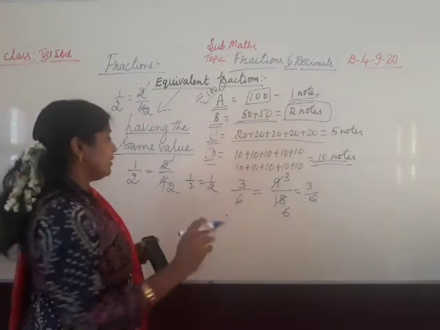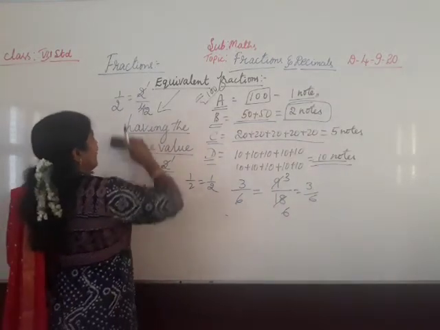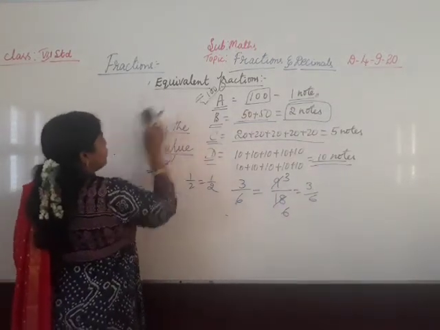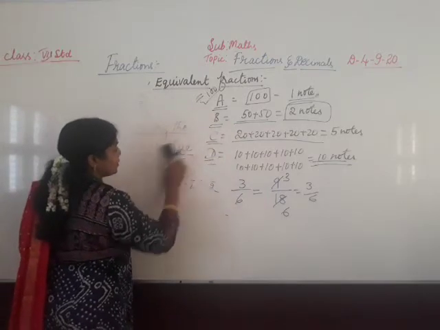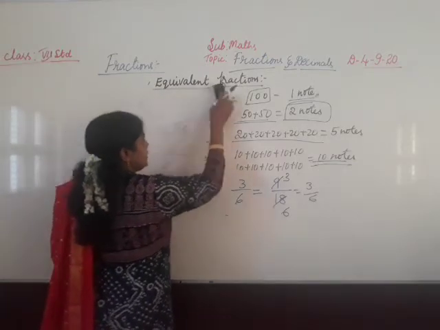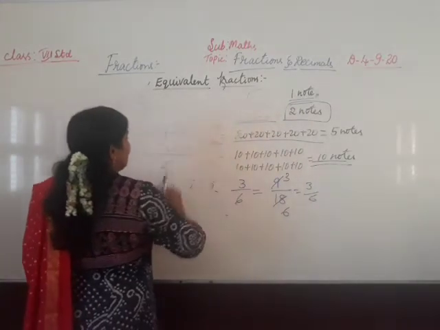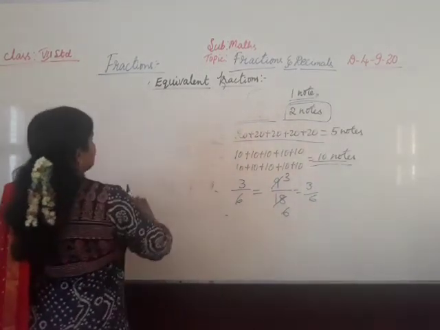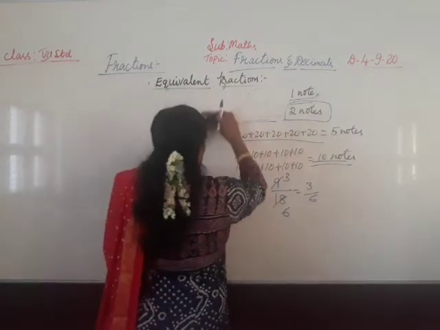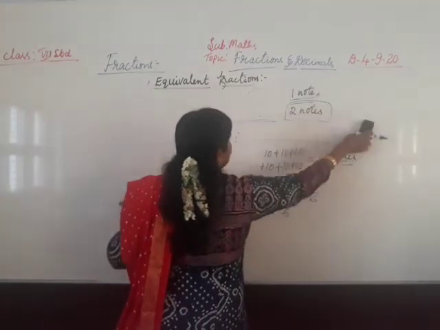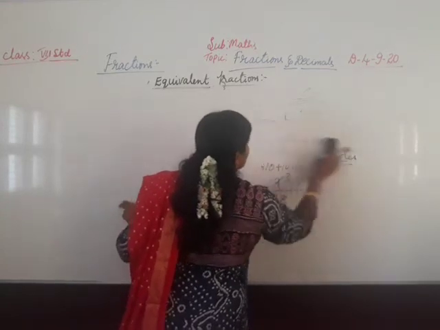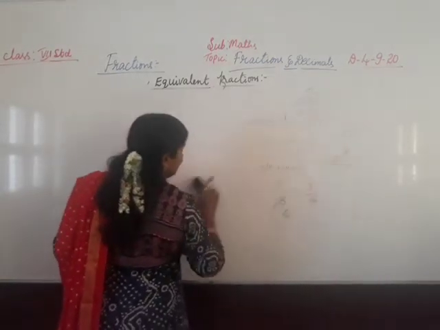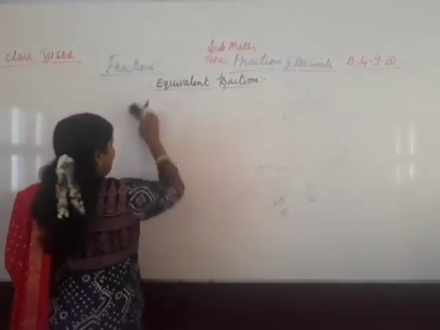Now you came to know, I think, the difference between equivalent fraction and equal fraction. Equal fraction means both numerator and denominator are one and the same. But in equivalent fractions, we cannot make out as we see the fractions that these are equivalent. We have to simplify. Simplification of a fraction means we have to divide both numerator and denominator by the same number.